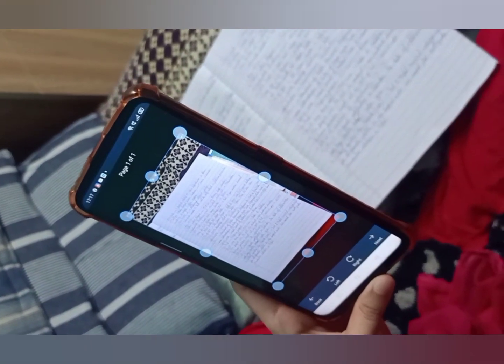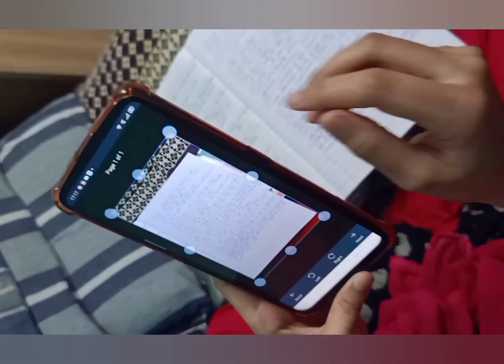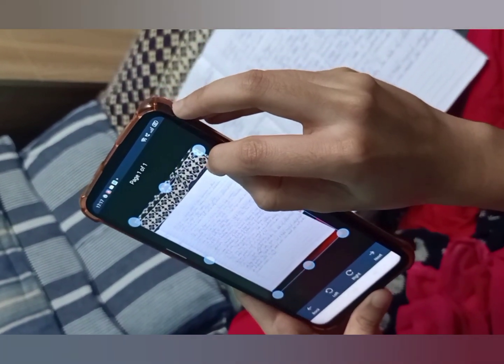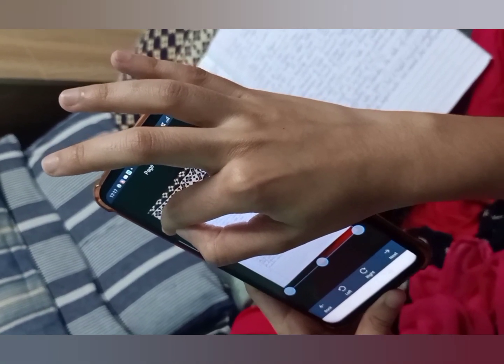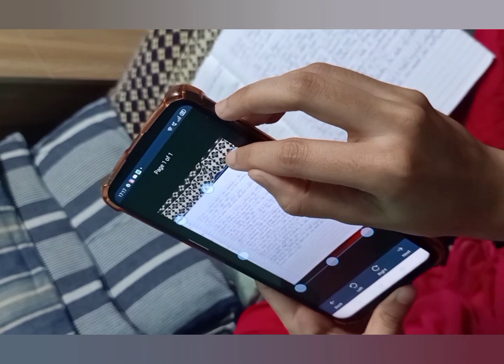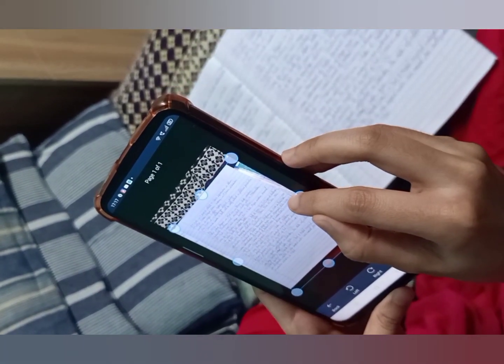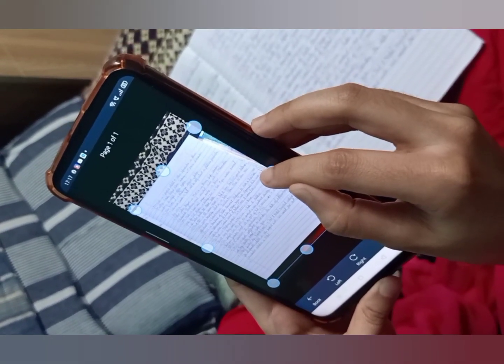Your scanned image will look like this. So now what you need to do is crop this image. Carefully adjust these three dots, or buttons, whatever they are called, according to the frame so that the content is not hidden.